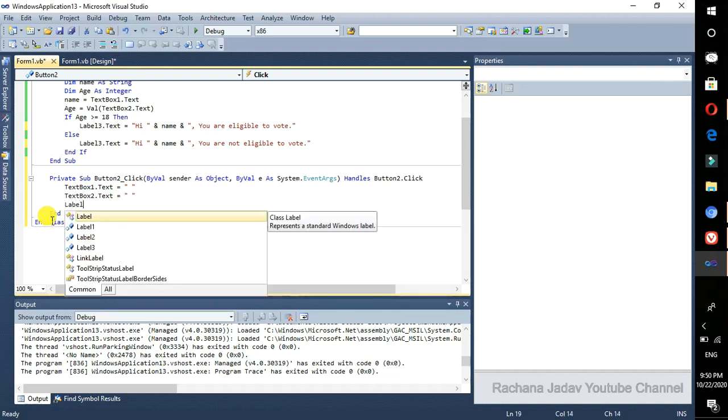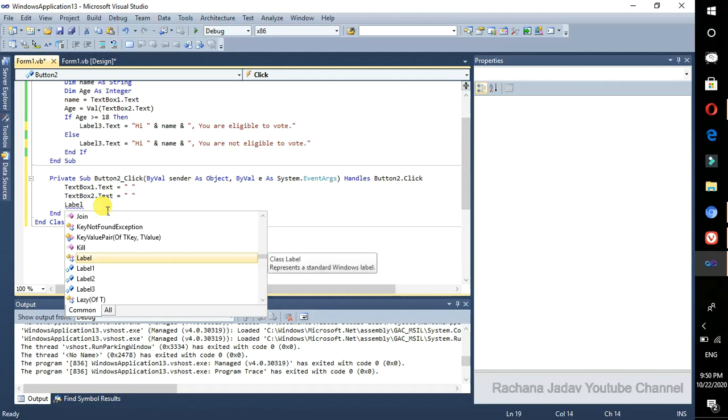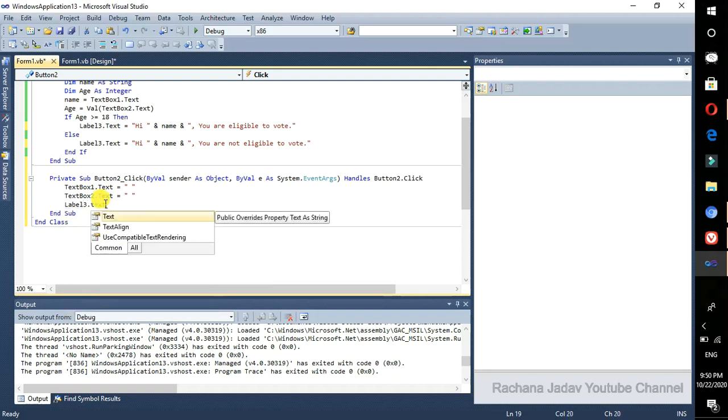If you want to go for the label, our label is 3, dot text is equal to.